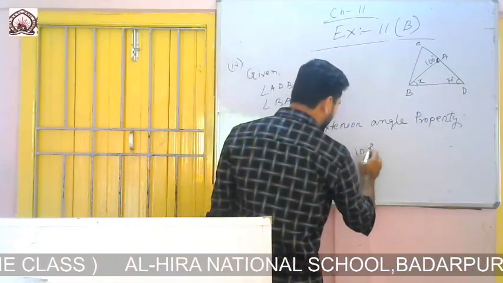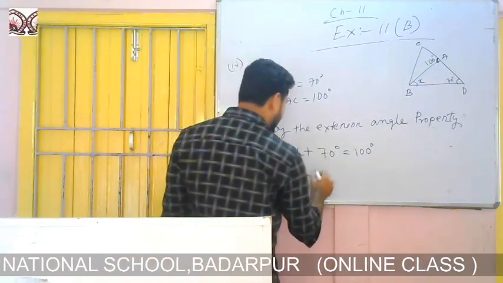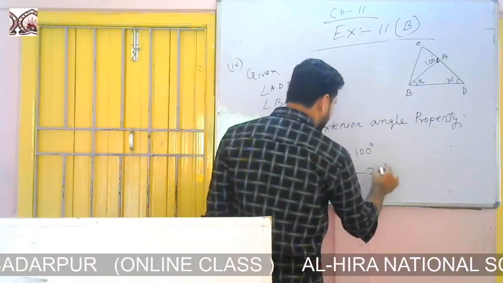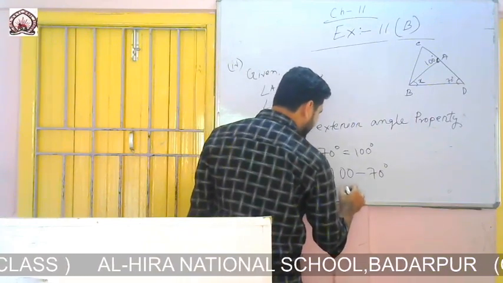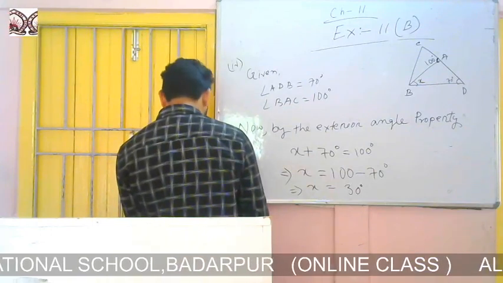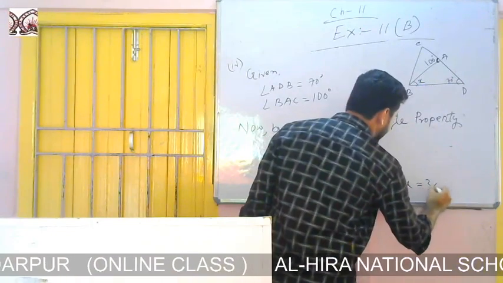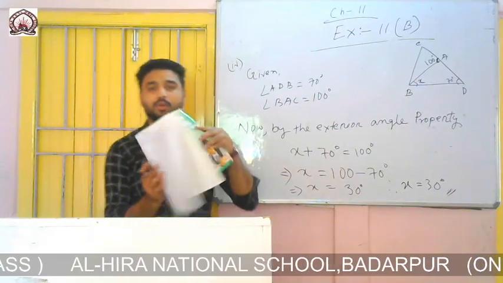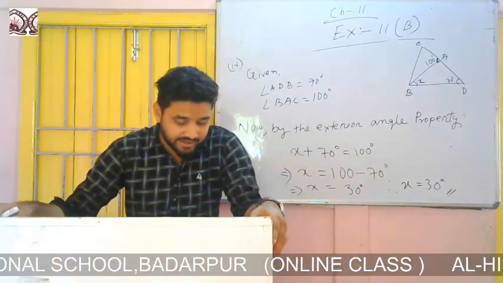Okay, so here you can write x equals 100 degrees minus 70 degrees. If I subtract, then I will get the answer. Okay, then x equals what? Obviously 30 degrees. Okay, that is the required answer. Therefore x equals 30 degrees. Answer. Okay, now come to question number what? Now come to question number 2. Find the lettered angle in each case.